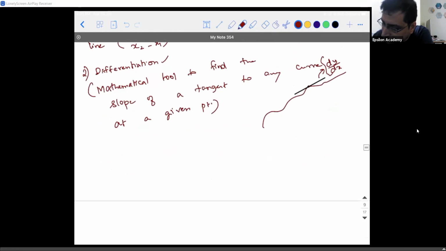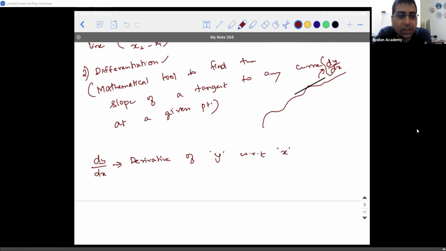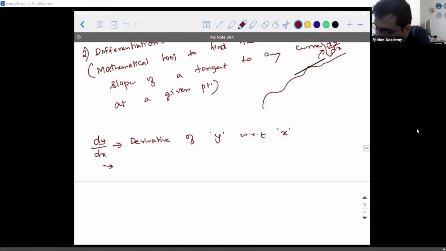Okay. So this dy by dx, I told you, right? How do you read it? It's called derivative of y, WRT is with respect to x. This is how you read, okay? So derivative of y with respect to x is what we call dy by dx. And this is called the differential coefficient. Okay. So wherever you see the word d, it means it's a differential coefficient. It's more technical, but as of now, you can remember it as derivative of y with respect to x.